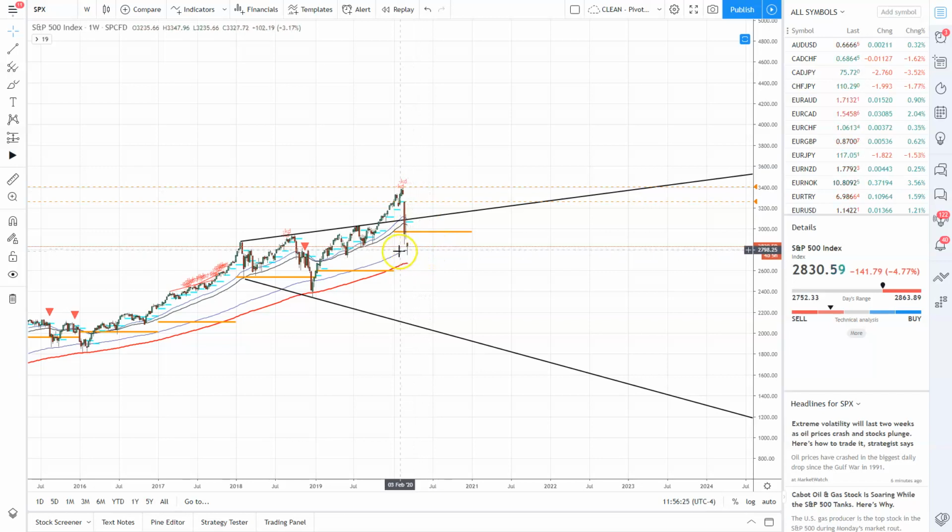So is it a level to consider some buying with some flash crashes? Possibly. This is kind of the madness that gets everybody so panicked and so scared. But from a technical standpoint, again, no major structure damage has been taken on the weekly. So if there's an opportunity to buy, again, I'm not saying buy right now, but I would look for these